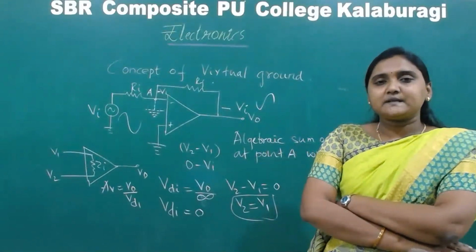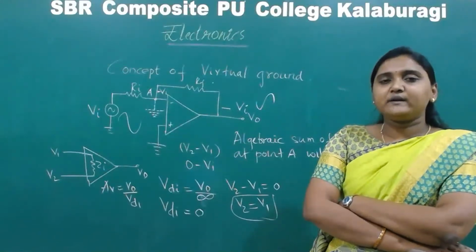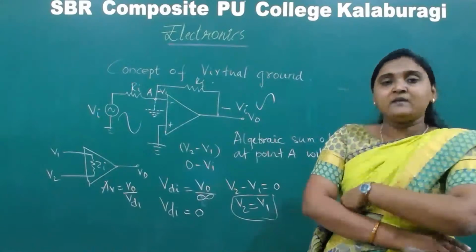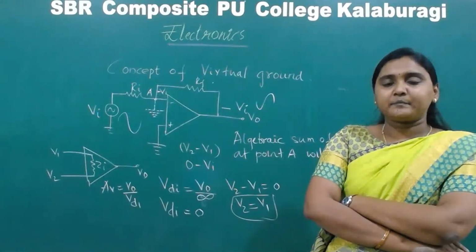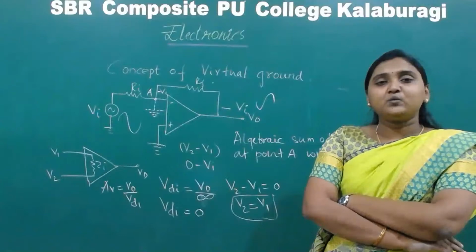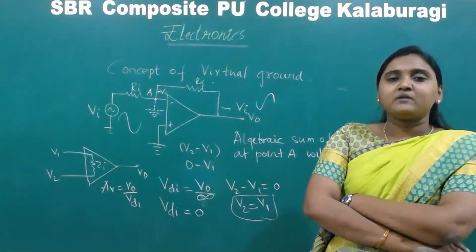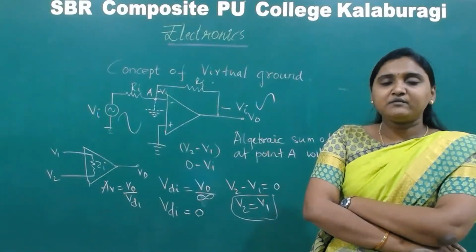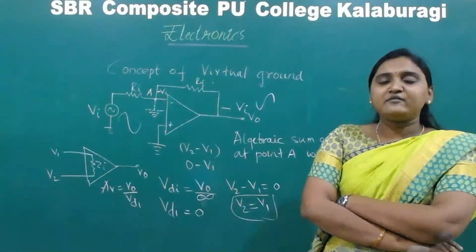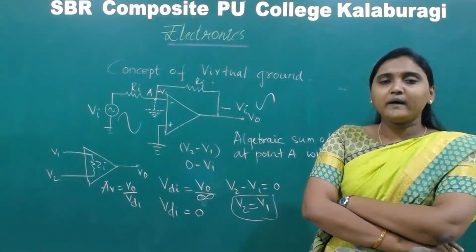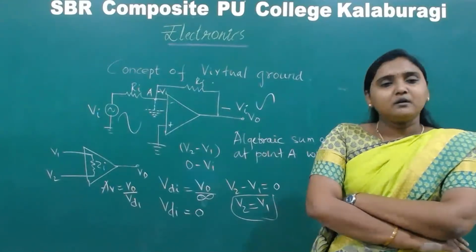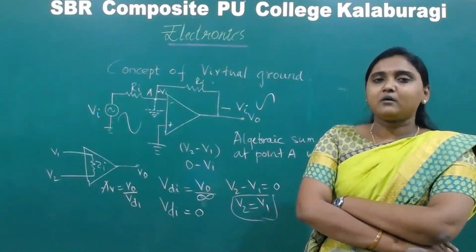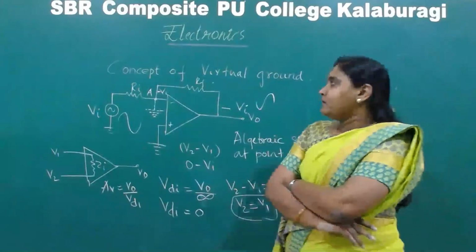So what we have discussed, starting from the inverting amplifier, where the gain we derived is AB is equal to minus RF by RI, where the input is applied to the inverting terminal. When the input is applied to the non-inverting terminal, it is called a non-inverting amplifier, where the gain we derived is RF by RI plus 1. Then moving to the voltage follower, otherwise the buffer,